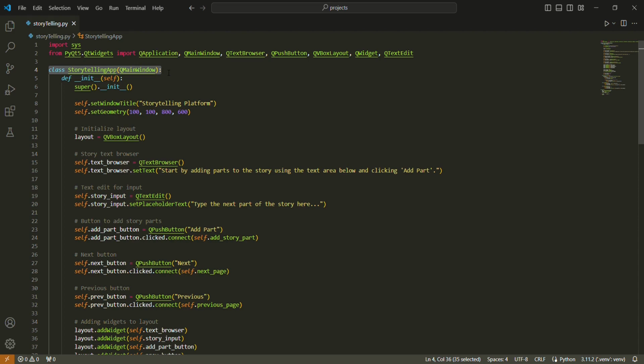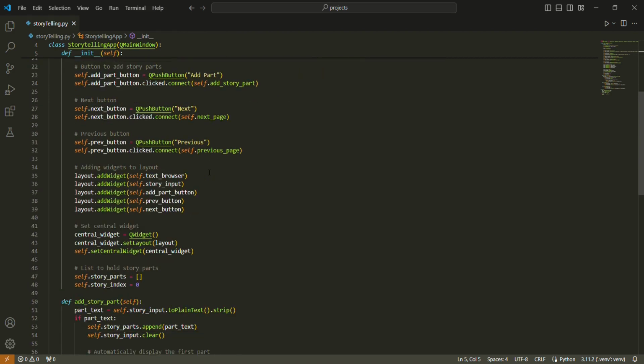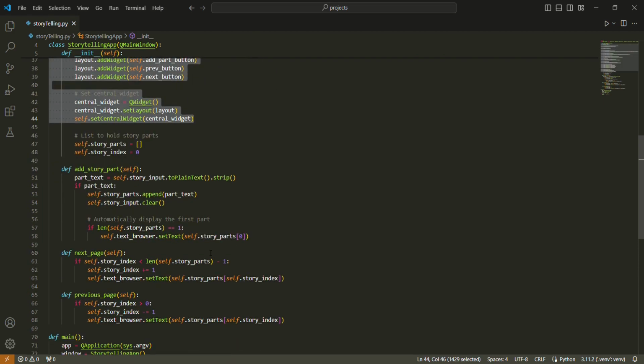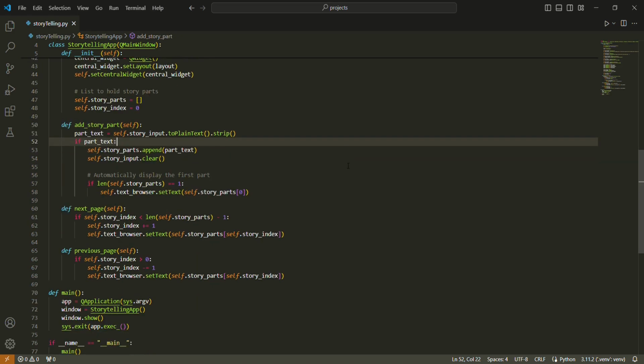Inside the class, we will define the layout of the window that contains the application, that is this first part until here, and inside the main class we define three methods that will be basically three buttons for different functionalities.